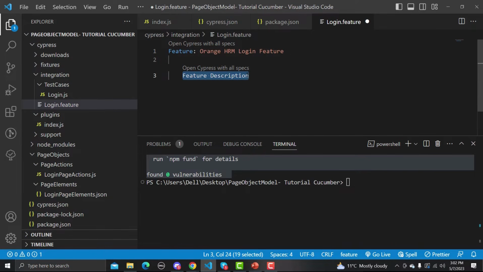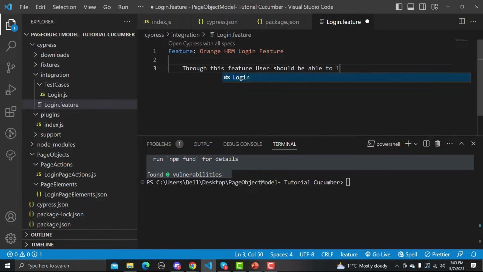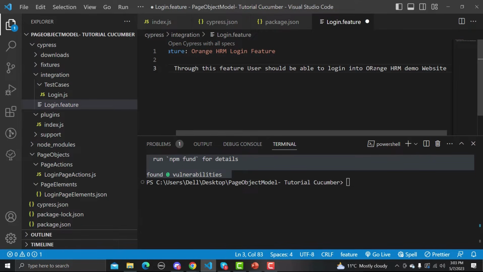So through this feature, user should be able to log in into Orange HRM demo website. So this is a description of the feature.